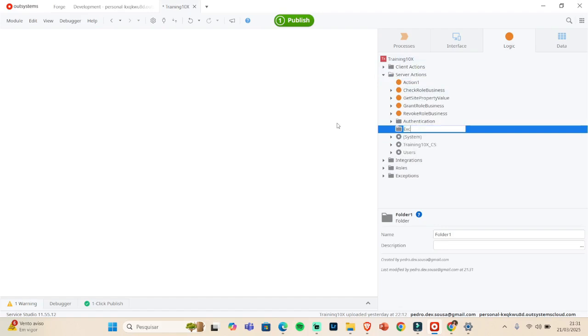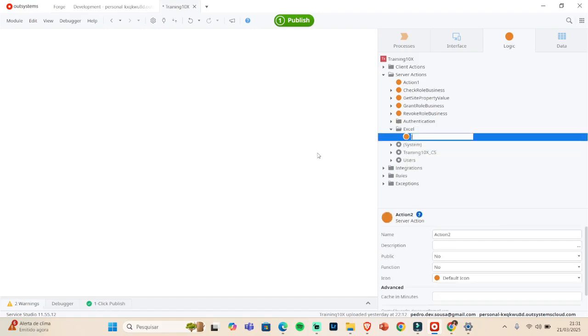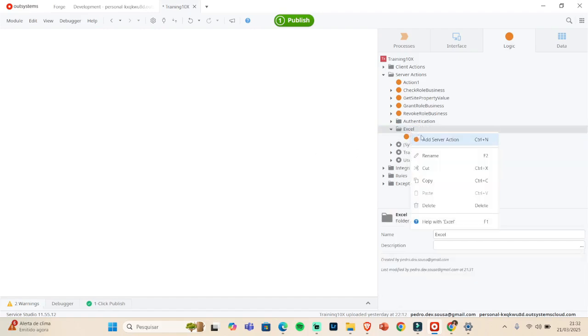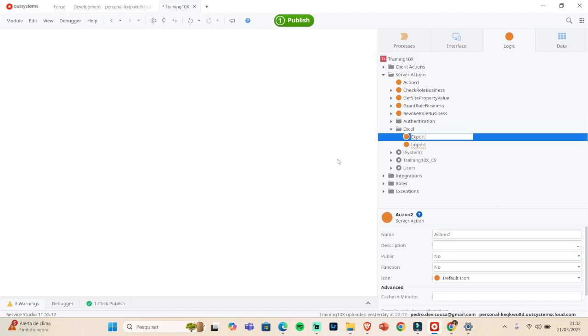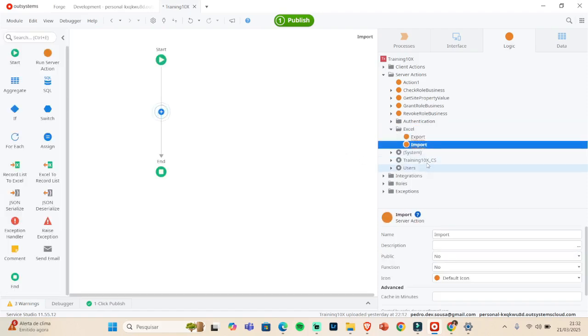Let's name it Excel, and I'm going to create the import and the export. If you click twice on the action, now we can see the record list to Excel and Excel to record list. Okay, so the imports we expect to have